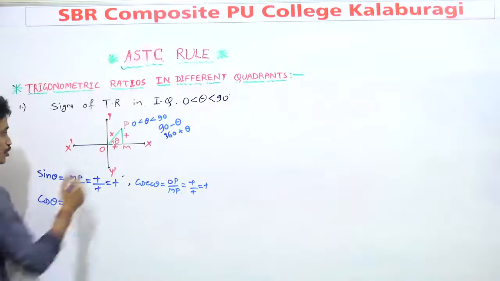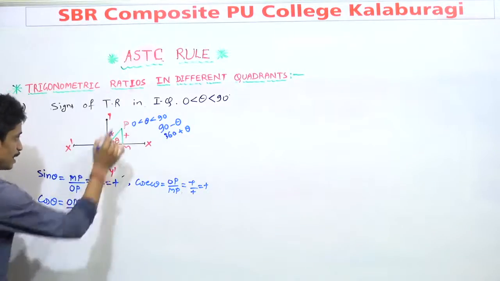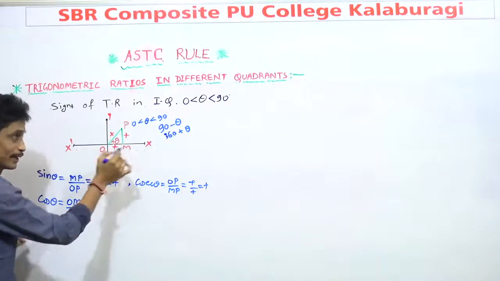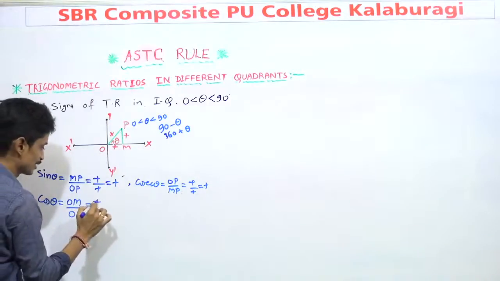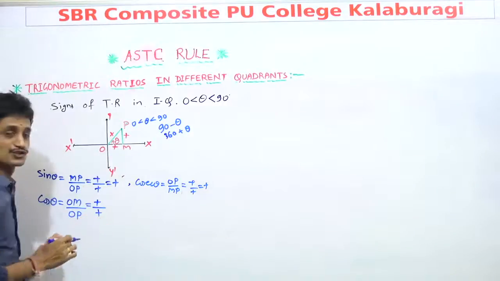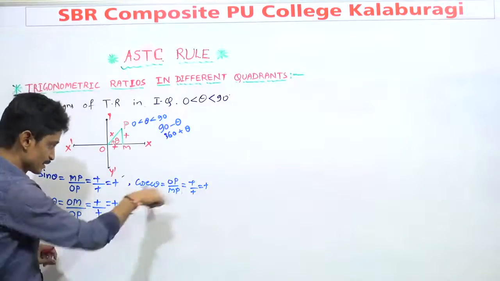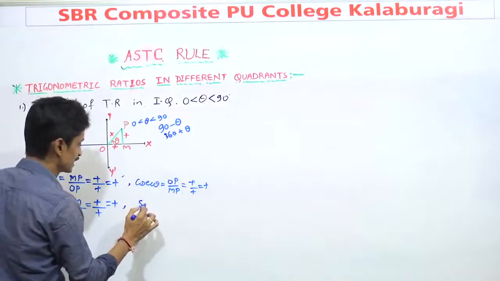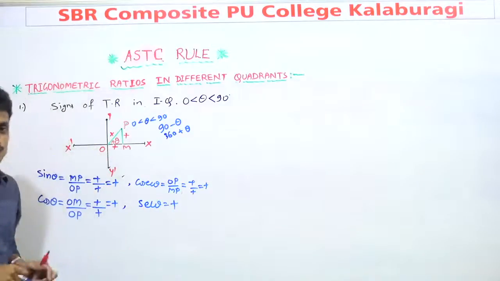Now go for cos theta. What is cos theta? Adjacent OM upon hypotenuse, that is OP. OM is along the positive direction of the x-axis. That dimension will give us a positive quantity upon distance, which is always a positive quantity, hence our answer will be a positive quantity. It is not necessary to find the secant theta; just assume if cos theta is positive, then secant theta will be a positive quantity.